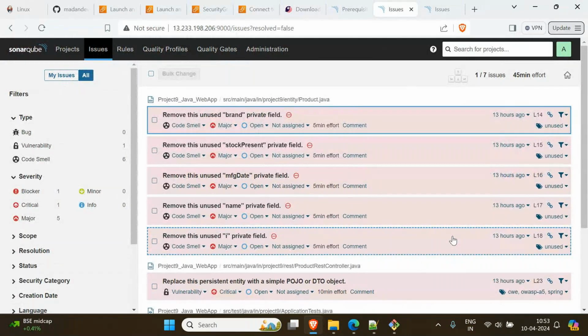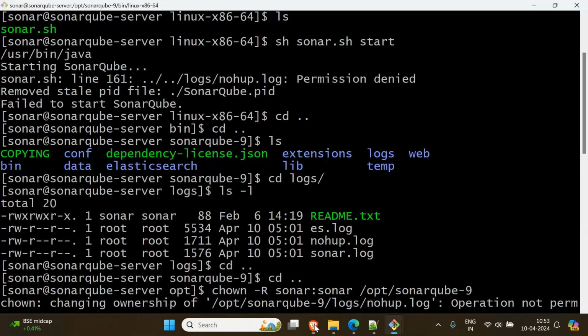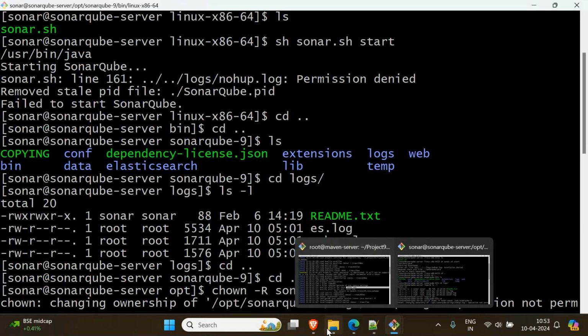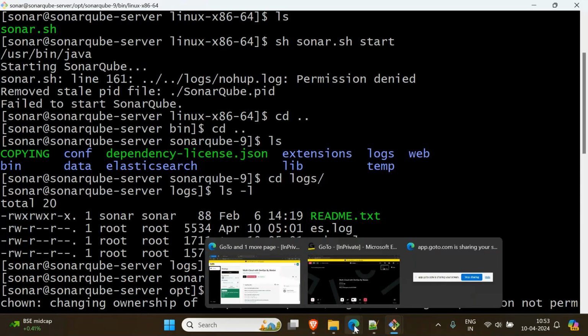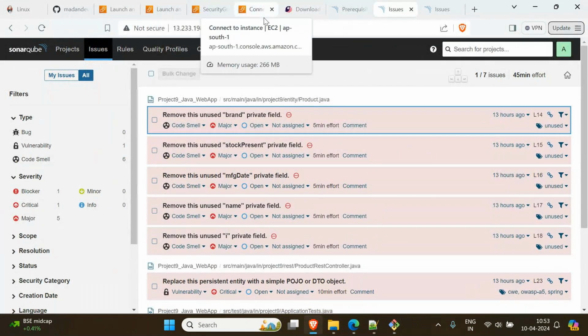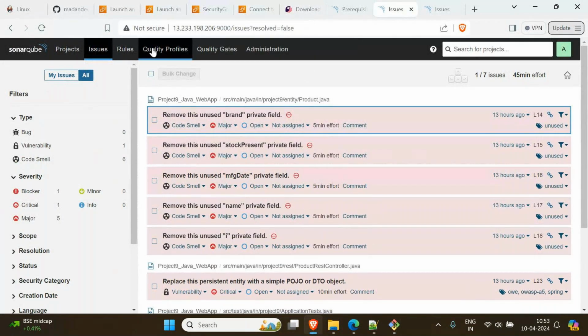Any questions till now, please? Anyway, I will be installing this again tomorrow. I will be ready with the installation, then tomorrow we will directly go to our dashboard. I will not install tomorrow; I will install it before class starts, and then we will understand what is a quality profile, what are quality gates,